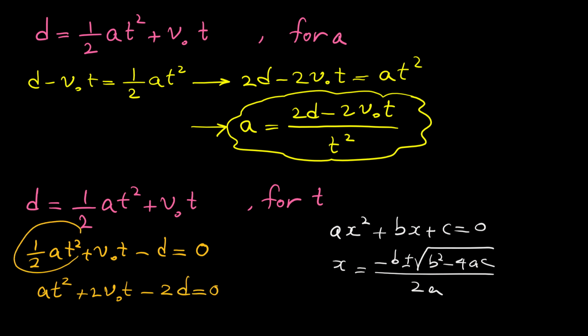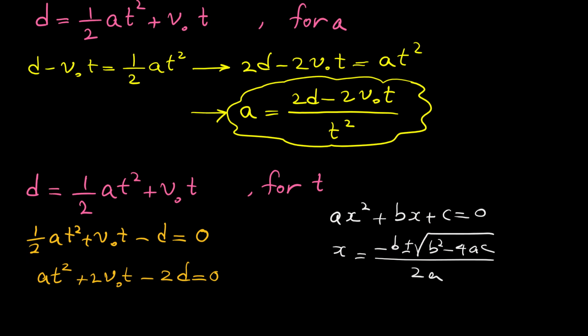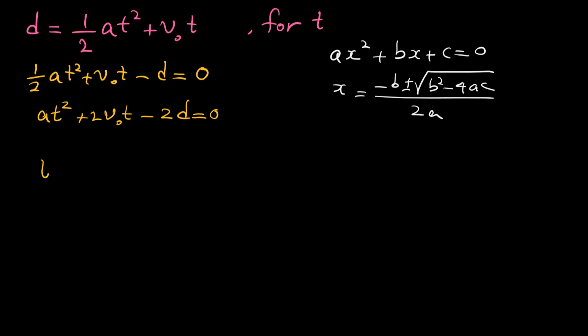We multiply this term by 2. 2 with 1/2 cancels. We have this. 2 times this is this term. 2 times d is this term. Now we can use the quadratic formula for finding t. T equals